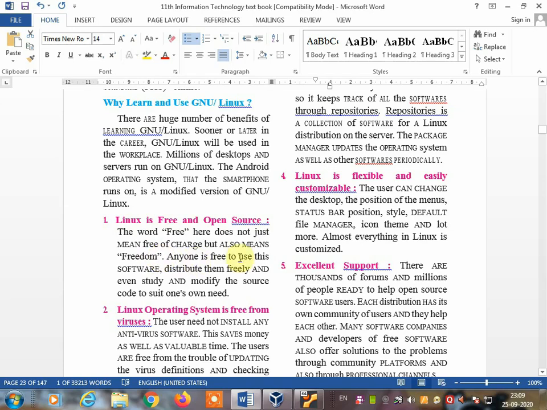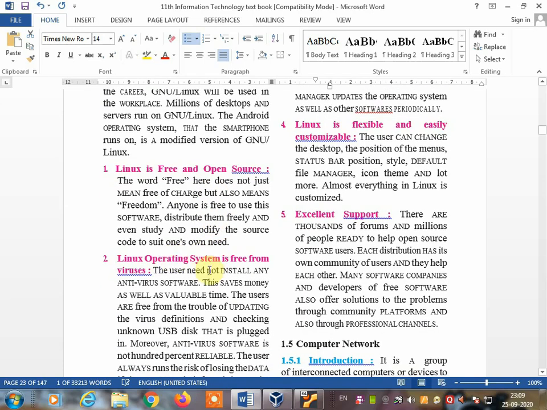Anyone is free to use this software, distribute it freely, and even study and modify the source code to suit one's own needs. It means you can modify the code of this operating system according to your use. Millions of people are using this operating system.